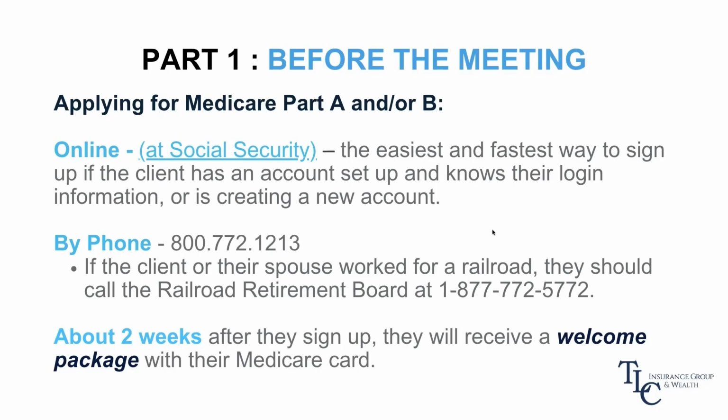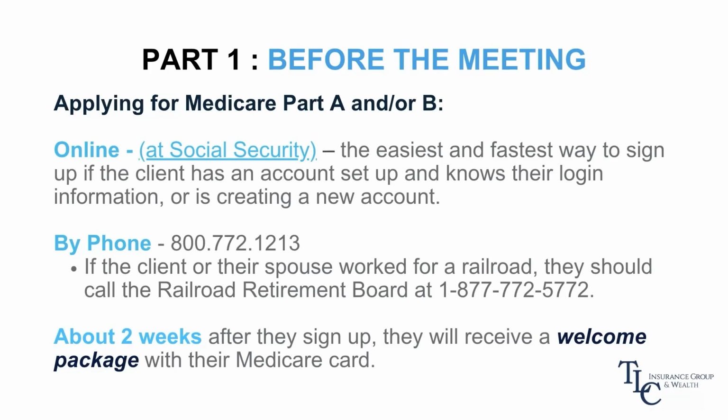One way they can apply for A and B, again, if they're not already getting those Social Security retirement benefits 4 months before turning 65, they must actively apply. They can do so online, create a Social Security account. This is really the easiest, fastest way for them to sign up in most cases. We can help them with that, but the one caveat is if they're in your office and they've already created an account and they do not know their login information, that can sure take up a lot of time in your meeting. So we got to be careful about getting into that,